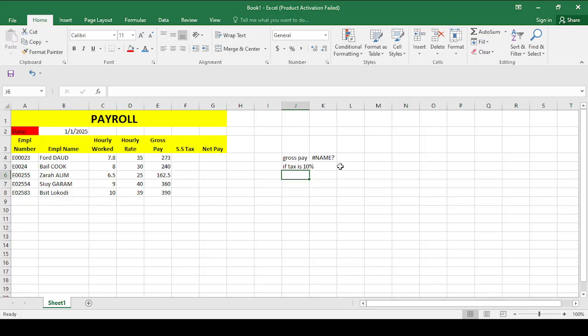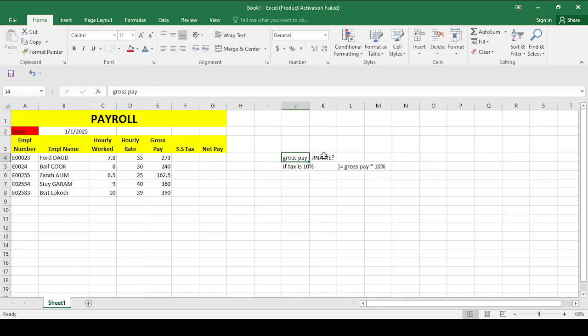Then it should be equals to gross pay times 10%. So you see, this is going to be your answer. Let me remove this equal sign. It's trying to cause some damage. Alright, let me just do it like this. Alright, so you see,